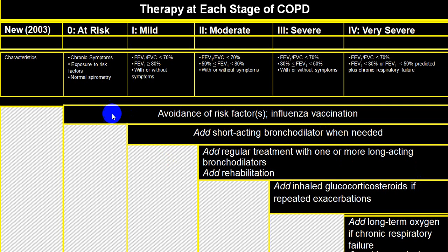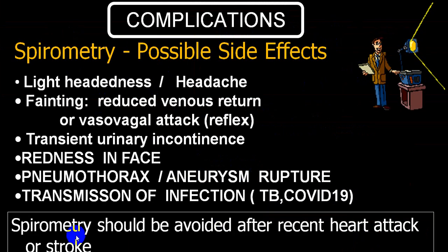We utilize this FEV1 etc. for staging mild, moderate, severe and very severe, and depending upon that you decide regarding the mode of treatment. I am not going into detail. This is a chart which you use in COPD. You decide the stages and then you go for different treatment. I have just put this here so you can utilize it for finding out what treatment you will be using, whether short acting, long acting or combination etc.